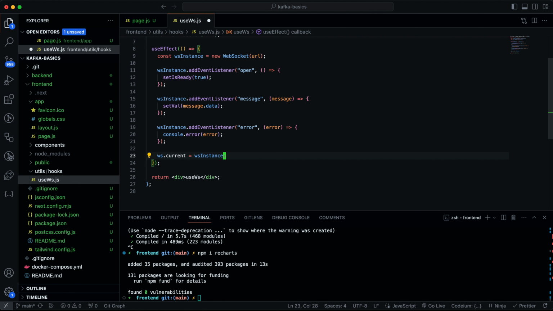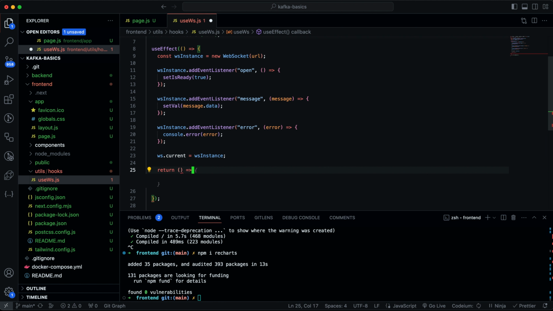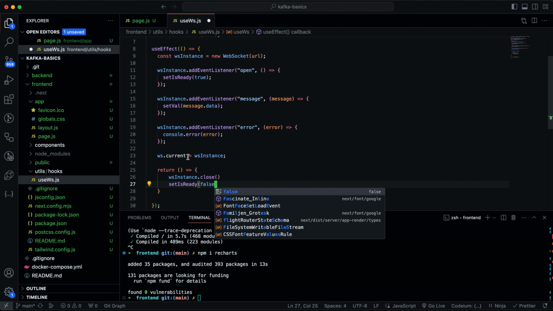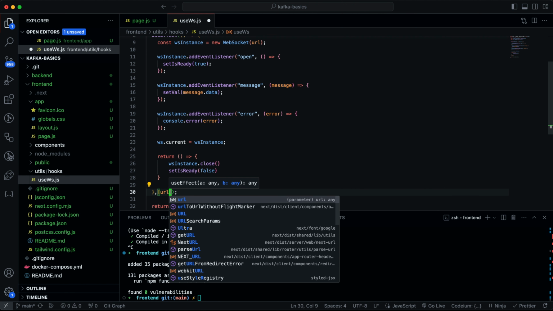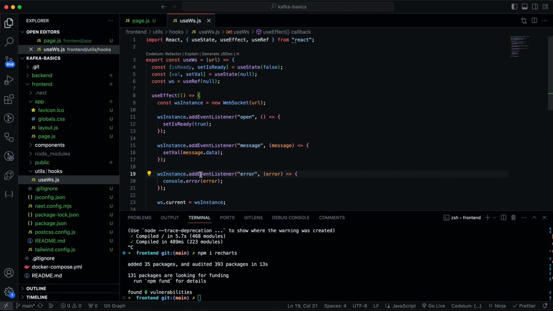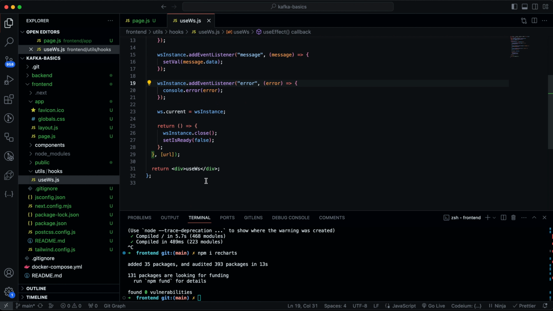So after that's done, since we are subscribing to a web API, it is always a good idea to clean it up to avoid leakage of data. So I'll just say wsInstance.close, and then also say setIsReady to false, and this useEffect should run only when the URL changes, right? So once that's done, I will say return